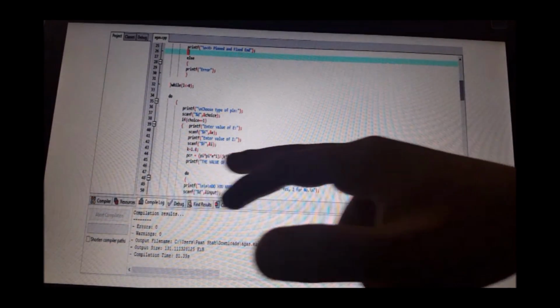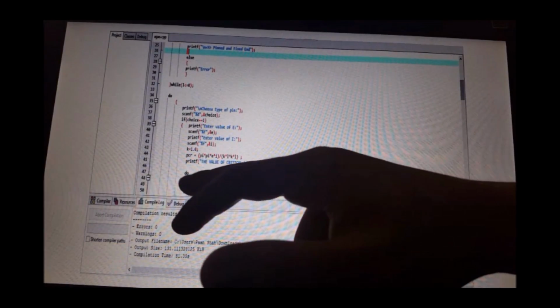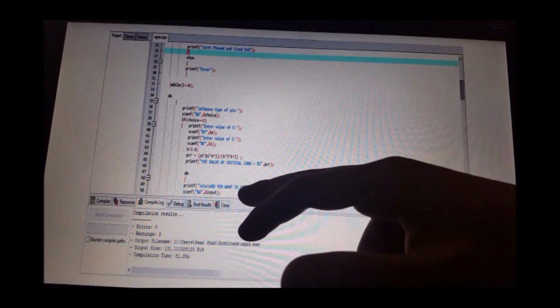After you finish calculating, then do printf, and then do you want to continue? Enter 1 for yes or 2 for no, and then if you press 2, the program will end. So after that, I will proceed to